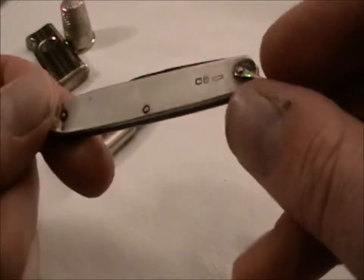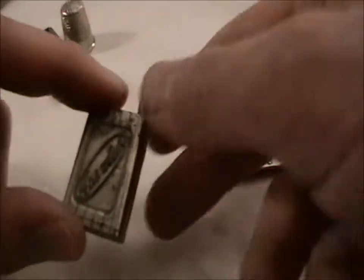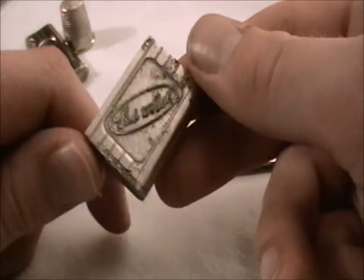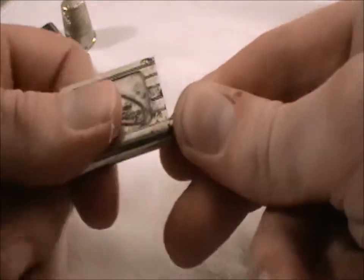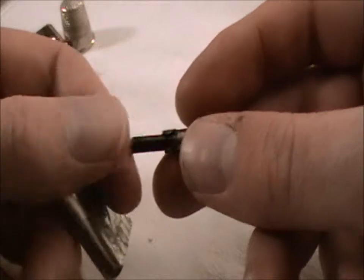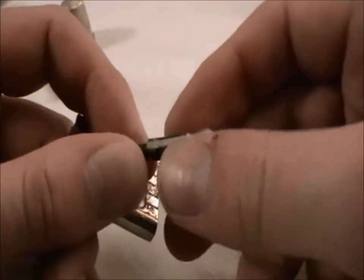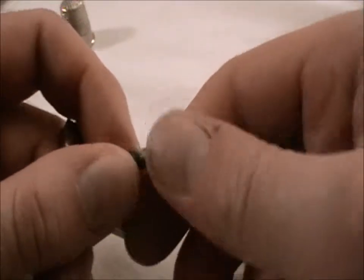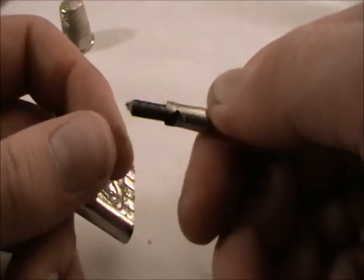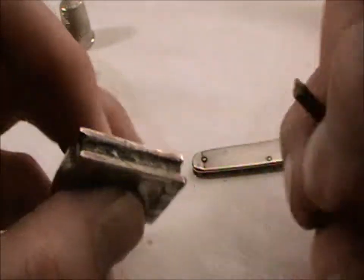That was great. I got this and this from someone else. And this is incredibly interesting, because what this is, it's an early kind of flint and steel. Very early. So what you do is you take this part out. I'm not going to try, because it actually broke when I bought it, because it's quite weak. But basically what you do is you take this part out, soak that part in lighter fluid, and then you strike